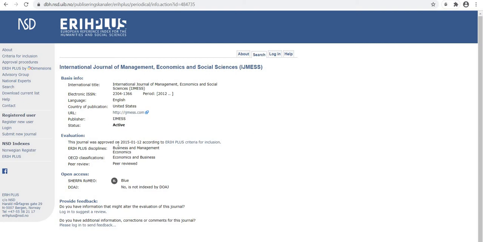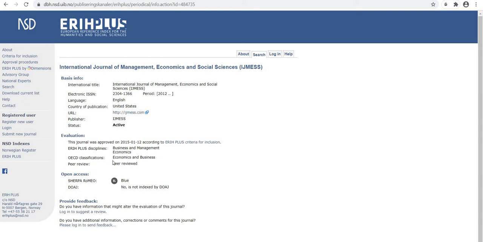Evaluation: this journal was approved on 12/1/2015 according to the ERIH Plus criteria for inclusion. ERIH Plus disciplines are business and management and economics, and the OECD classification is economics and business. Its peer review status is peer reviewed.